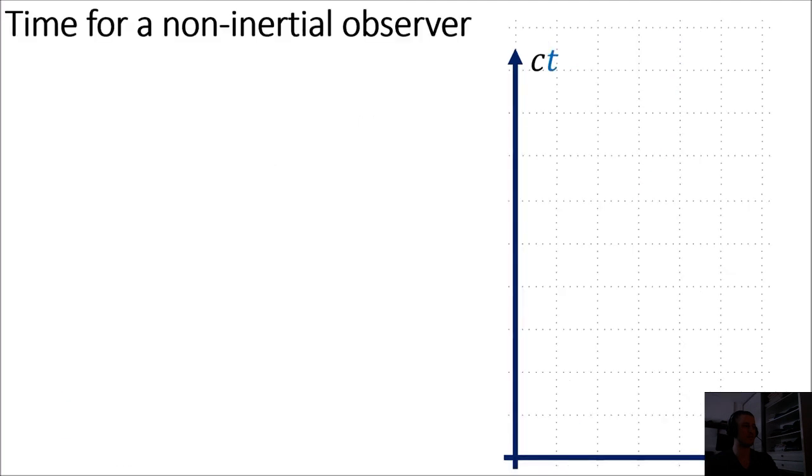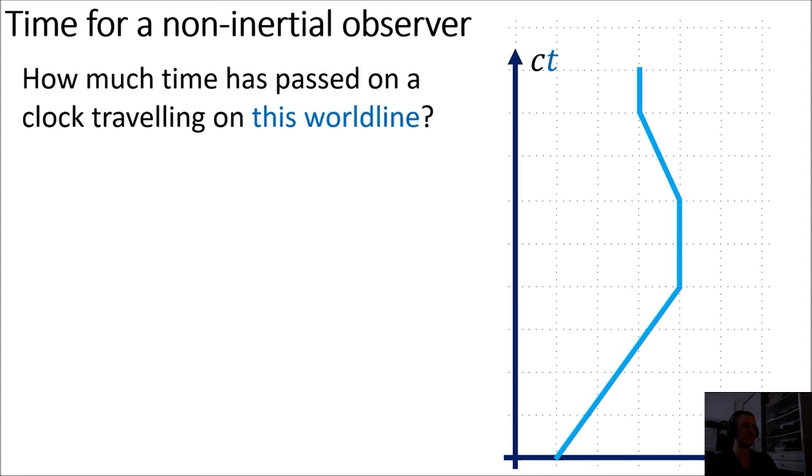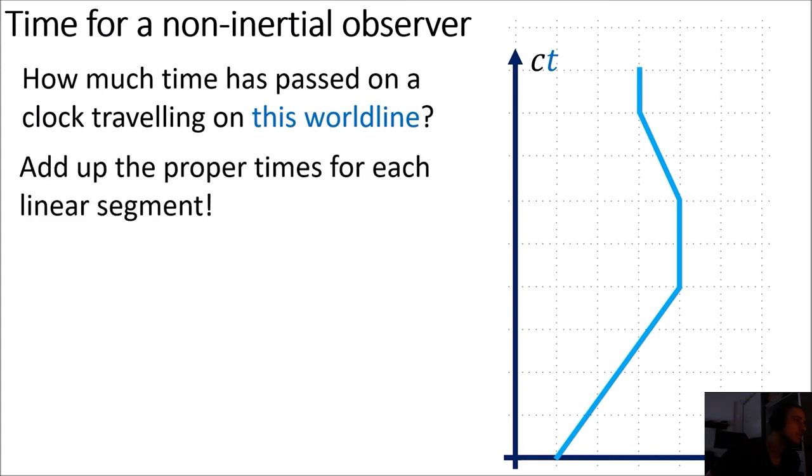Now, let's say that we have an observer that travels to the right, then stands still, then travels left, and then stands still again. The world line for this observer is not a straight line. So how do we figure out how much proper time has passed on a clock that's traveling on this world line? We can find the total proper time just by adding up the proper times for each individual linear segment